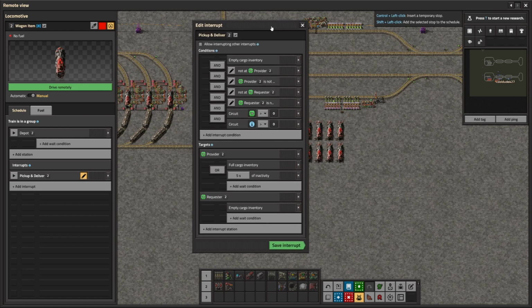This interrupt works on a series of conditions. First condition, of course, is that the cargo is empty. When the cargo is empty, of course, that means that the train, you want the cargo to be empty. This should always be the case, but this is a failsafe to make sure that the wrong items don't go to the wrong place. The next condition is to make sure that the train is not at a provider station